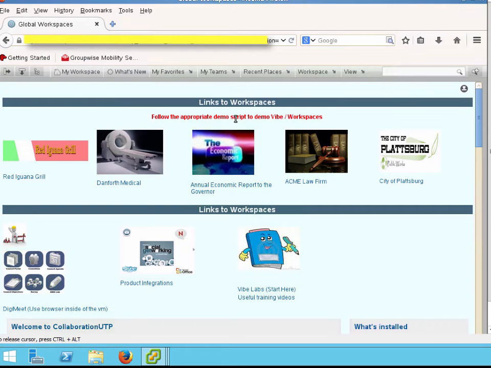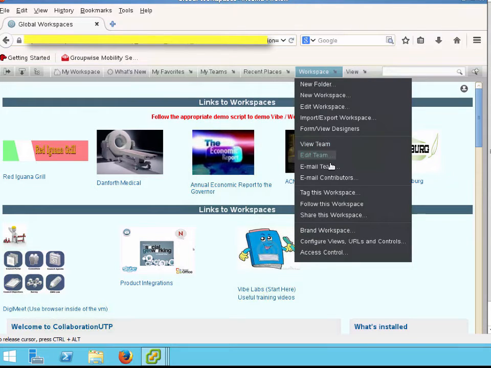I'm sure many of you struggle with installing the Java plugins on a Linux platform. In my example, I've got SUSE Linux Enterprise Support Pack 3. And let me first show you the problem that I have. So here's the Vibe application that I'm running. And if I go into the form view designer of that,